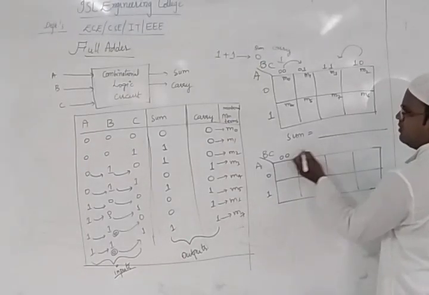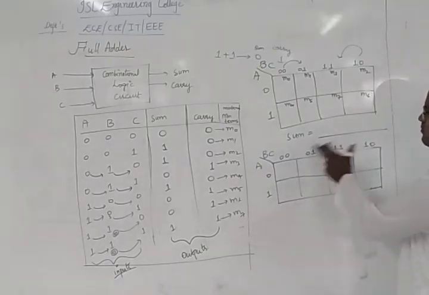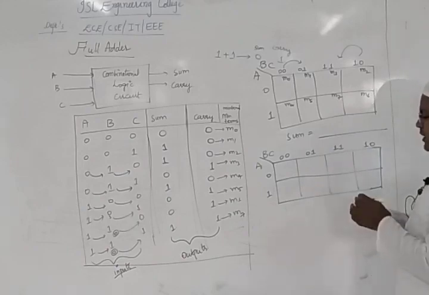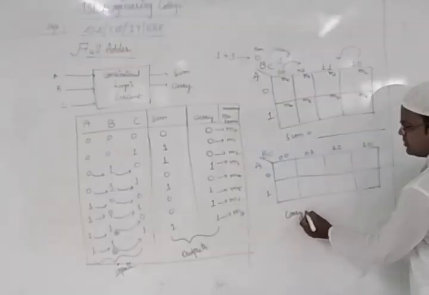So we do have 0, 0, 0, 1, 1, 1 and 1, 0. So we do have all these values. Since we just want to write it, what is the output value we need to write? This is nothing but the carry. So we just want to write, output needs to be carry. So we just have to write it down.